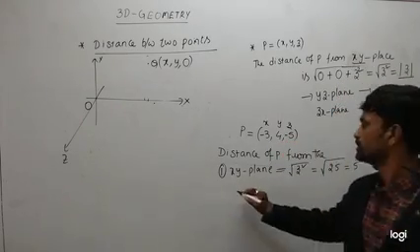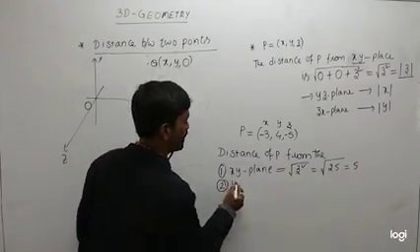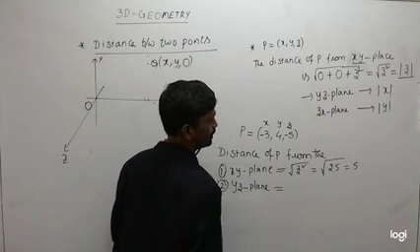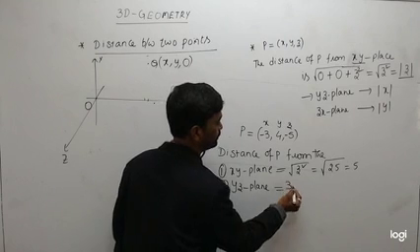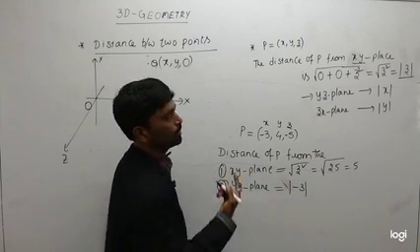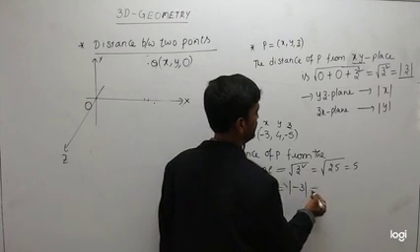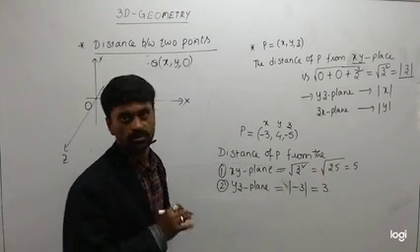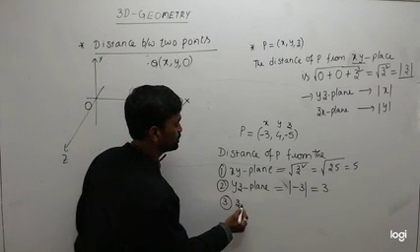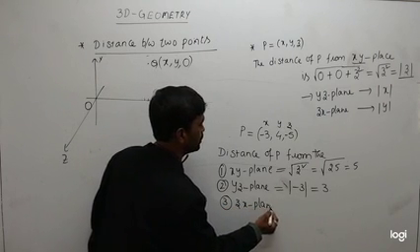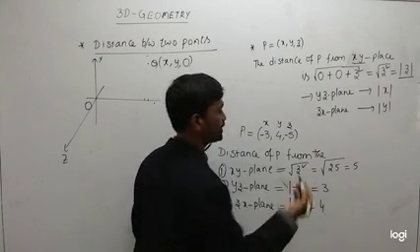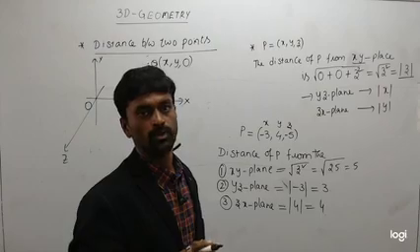5. Similarly, the distance of P from the yz plane is the x coordinate. What is the x coordinate? Absolute value of the x coordinate: 3. Actually, you have to take modulus of -3, because of modulus of x in the formula. Modulus of -3 is the same as modulus of 3, which is equal to 3. Similarly, next, from the zx plane, what will be the distance? Modulus of y, nothing but modulus of 4, which is equal to 4. Okay.